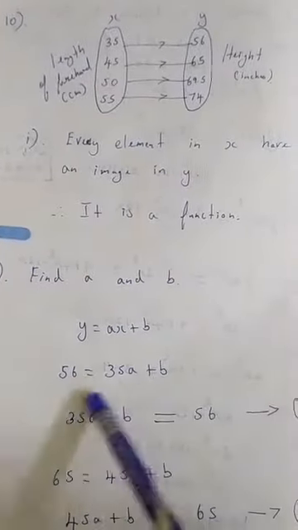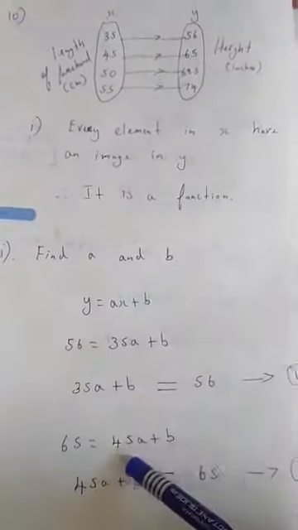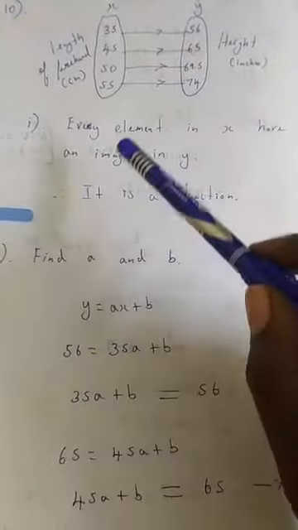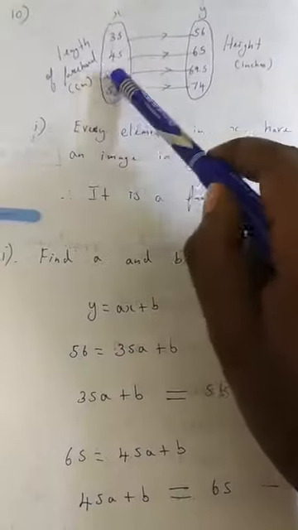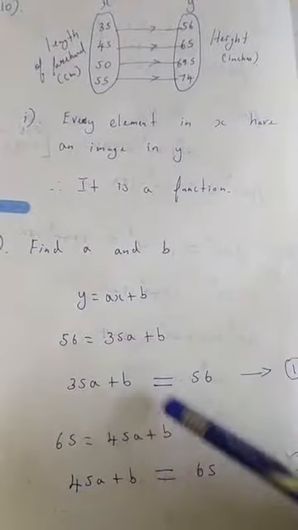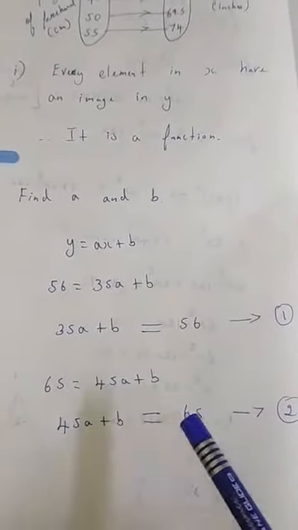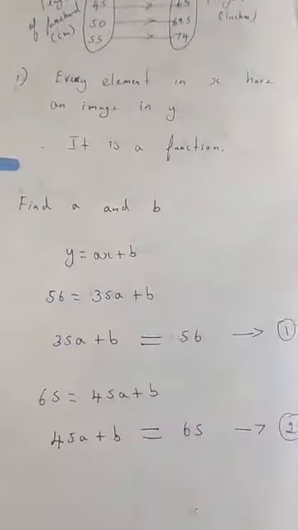Now take the second x, y values, 45 and 65. So what is y? 65. So substitute 65 is equal to, we don't know a, so a. And the next one is x. So what is x here? 45. Substitute 45 here in the place of x. So 45a plus b. Again if we rearrange, it is 45a plus b is equal to 65. Let's consider it as second equation.